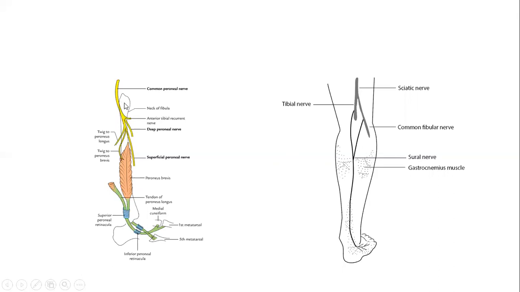It is shown to be cut here. And the muscle that lies deep to peroneus longus is the peroneus brevis. Here we can see the tendon for the peroneus longus, but this muscle in the upper part is cut off so that we could see the course of the common fibular nerve. And you can see that opposite the neck of the fibula, within the substance of the peroneus longus muscle, which is basically a muscle located in the lateral compartment of the leg, common fibular nerve divides into its terminal divisions, that is the superficial peroneal nerve and deep peroneal nerve.